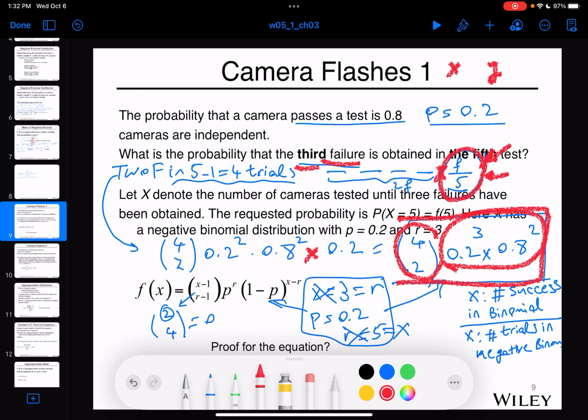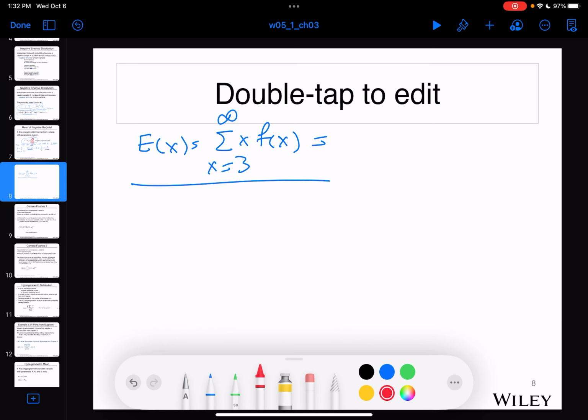Yeah, so basically, let me use a blank space. So here, for both geometric and negative binomial, the number of trials is a random variable, right? So for both of these, the number of trials